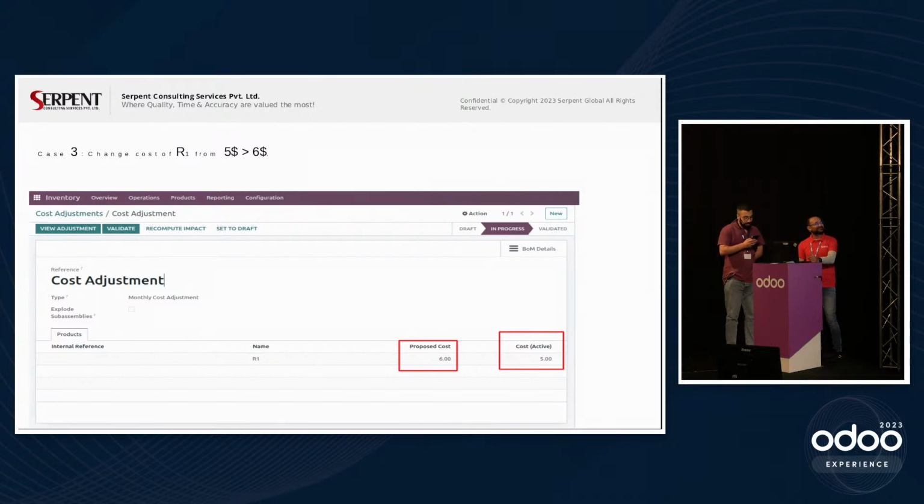Perfect. Another question says, if costing method is average, will I get correct post-production finished goods cost? Product average cost would not have any impact on the finished goods side, because the finished goods cost takes into consideration the product currently used and at what cost.